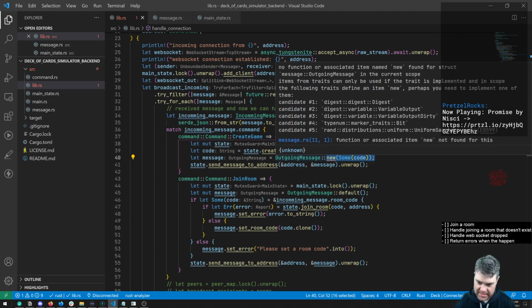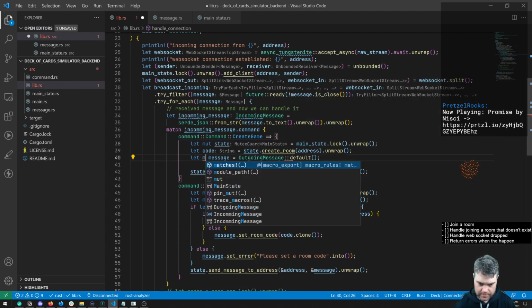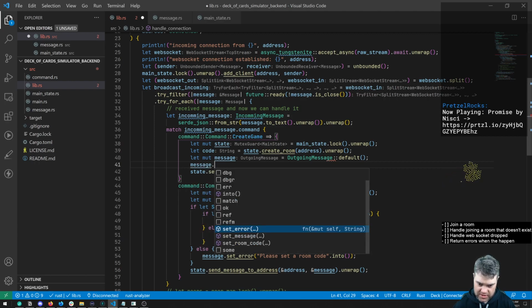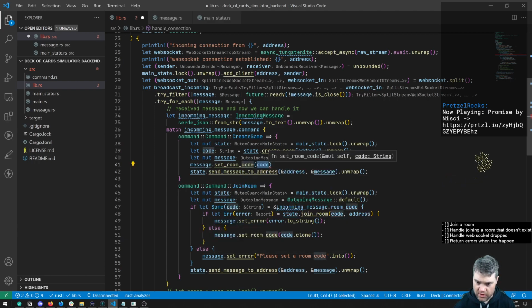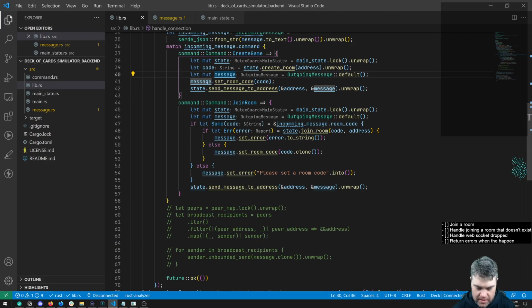So we're going to do this as a default. We're going to make you mutable. Then we're going to do message.set_room_code and pass it in the code. There we go. Now here, when we're creating the game,